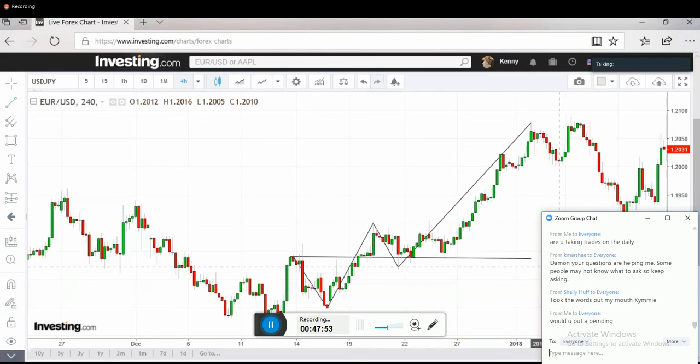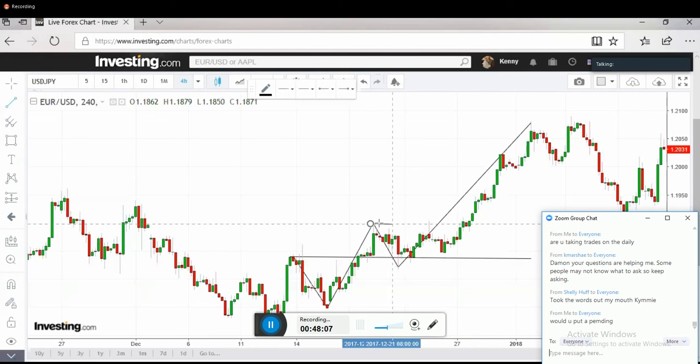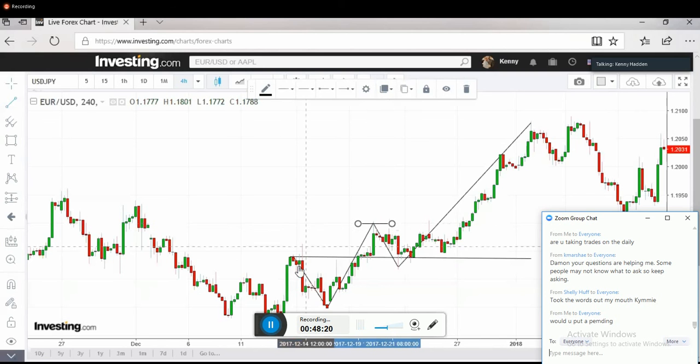Better? Someone asked, would you put a pending order in? Yeah, I would. Once I see that the new higher high is created, once I see that this higher high is created and it broke my previous higher high,